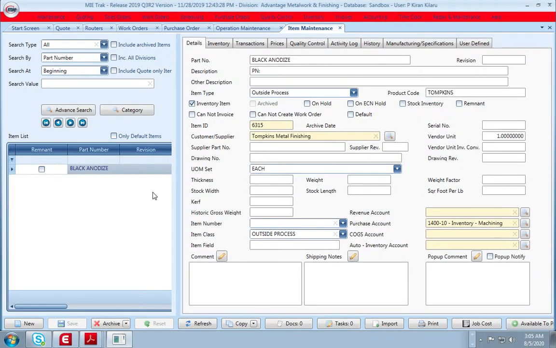Hello everyone. I just want to take some time today to explain outside process items to the best of my knowledge by using them in quote module, routers, work orders, and purchase orders. So for this session, I'm going to just take black anodize,